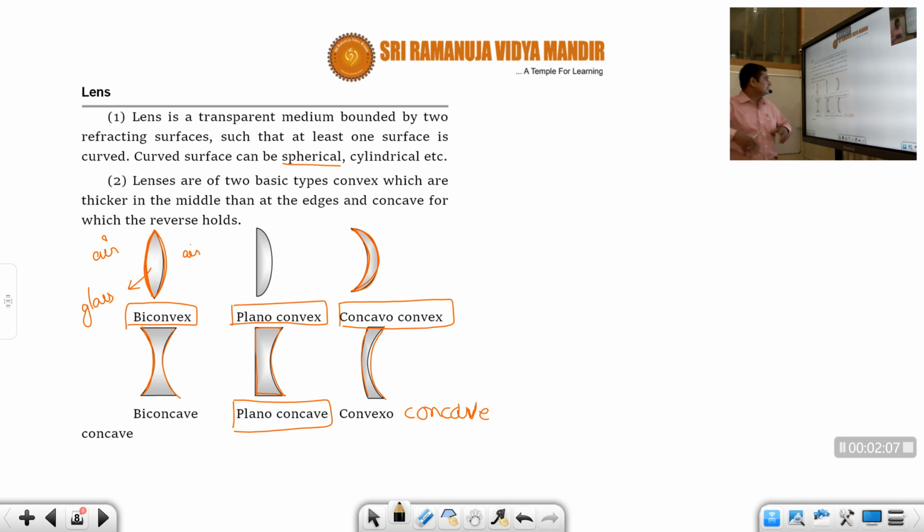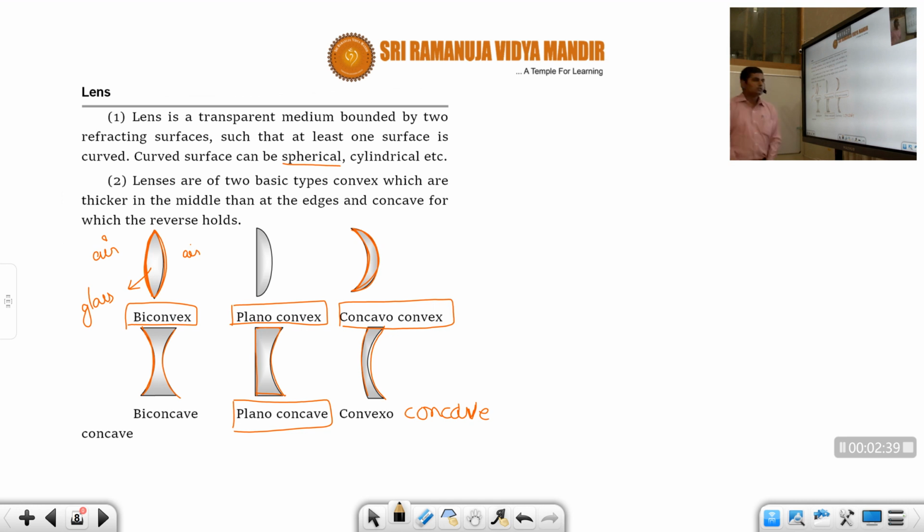And of course, within each lens there are different types. On the slide we can see that a convex lens is of different types. Number one, biconvex, that means two convex surfaces, bi meaning two. Next one is plano-convex, that means one surface is plane and the other is convex. Next one is concavo-convex, concave and convex. In the same way for a concave lens also: biconcave, plano-concave and convexo-concave.